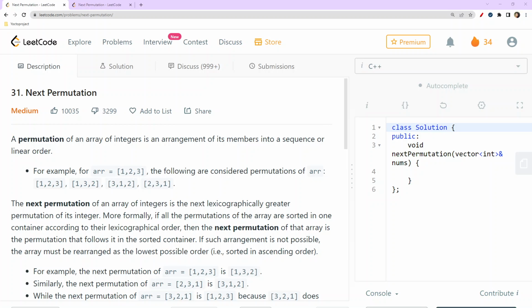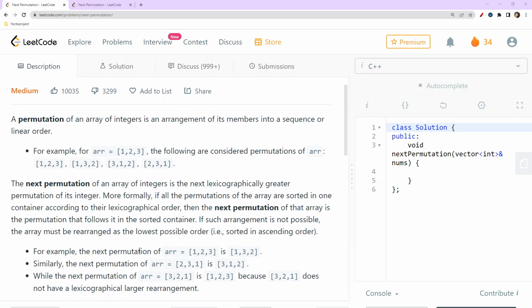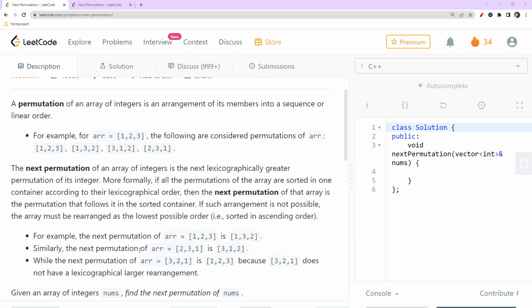Hello everyone. So today we are going to do the Leetcode daily challenge, Next Permutation. Before doing this question, we should understand what next permutation actually means. As per the question, it is already mentioned how the next permutation would be. Like if we take the example of 1, 2, 3, then there are a total of 3 factorial permutations